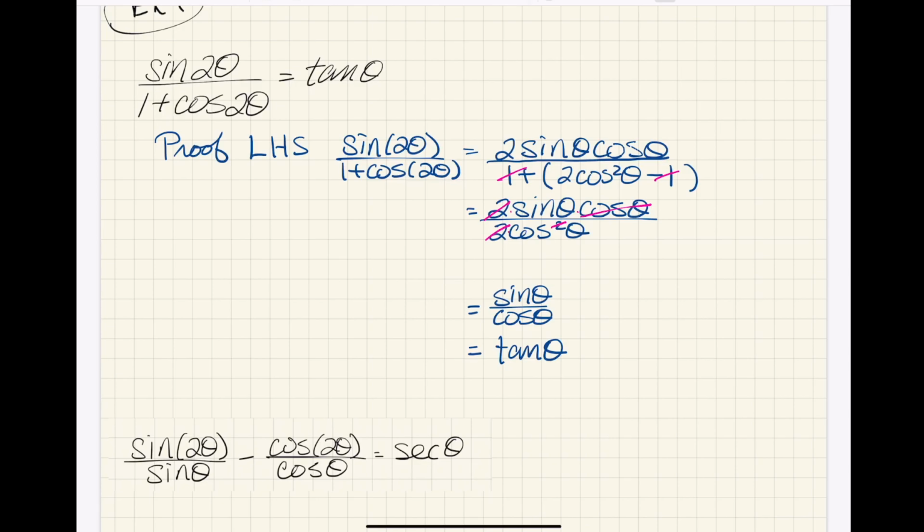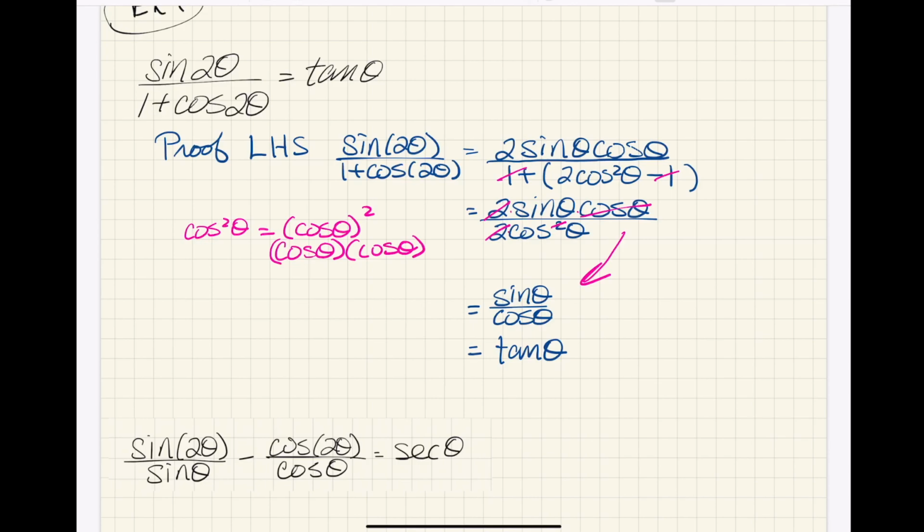It's a little funny. Don't forget that the cosine squared theta is the same thing as the cosine of theta squared, or cosine of theta times the cosine of theta, and one of those factors is canceling with the factor of cosine of theta in the numerator. That is simplifying to give us, on the right-hand side now, the sine of theta over the cosine of theta, and that, of course, we know is the tangent of theta.